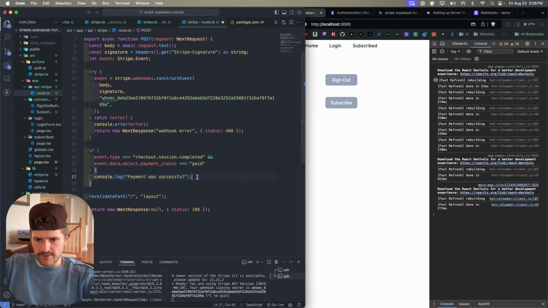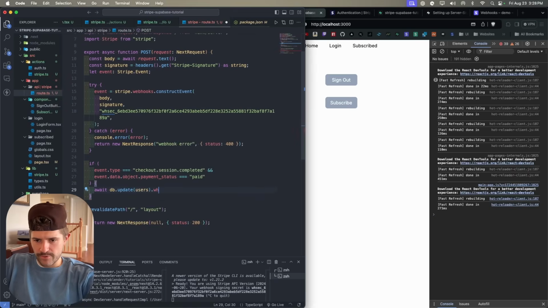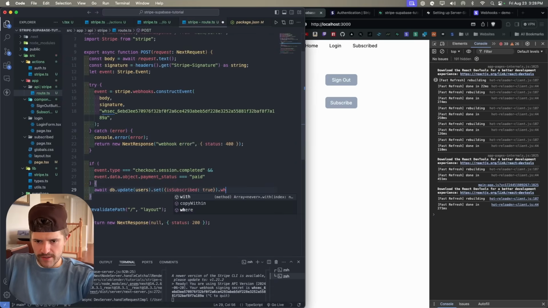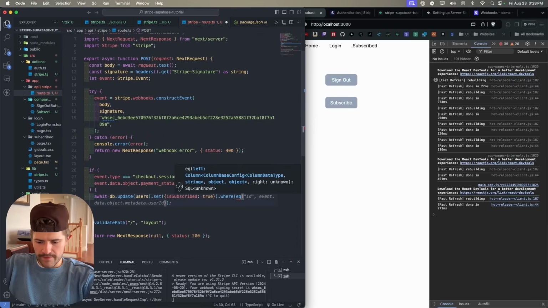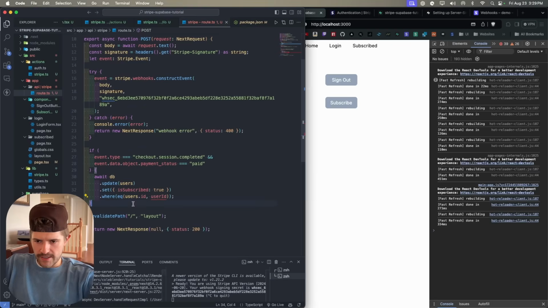All right, so now that we know this is working correctly, we can update our user. So I'm using Drizzle ORM. All the code is here. If you want to know how to set that up, I got some videos on that. So we're going to say await db, import that, and we're going to say update. We're going to put users, and then we're going to say set, and we're going to say isSubscribed to true. And then right here, we're going to say where, we're going to say eq, import that. And then we're going to say users.id, userId. And so